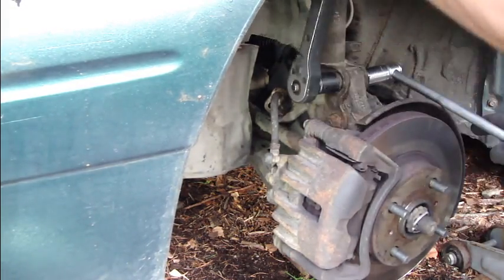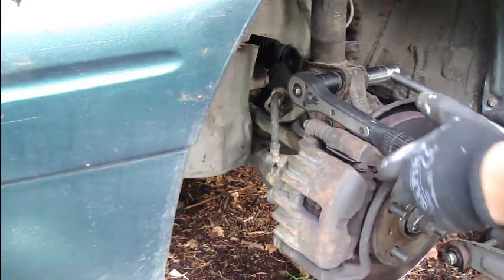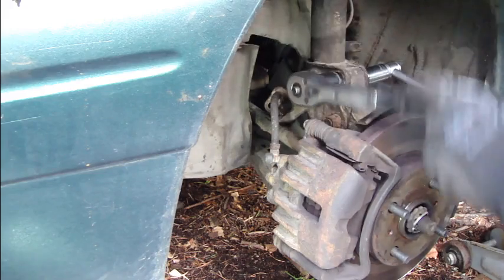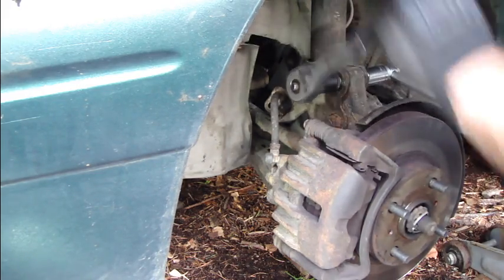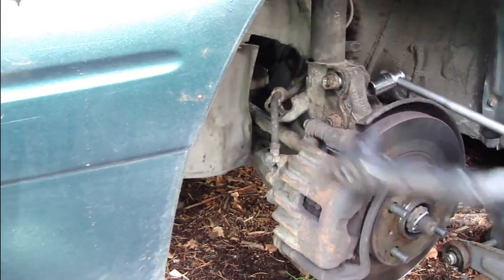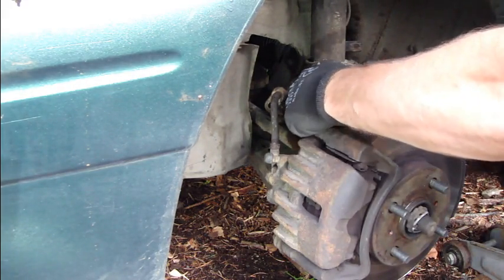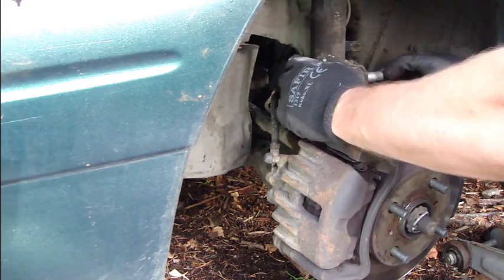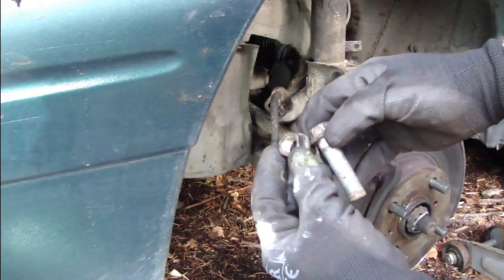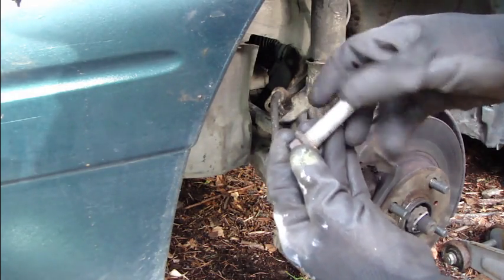Okay, and quite soon this nut is open, and okay, and let's look. Now it's almost open. Okay, and now here are those bolts. A nice condition, and then we